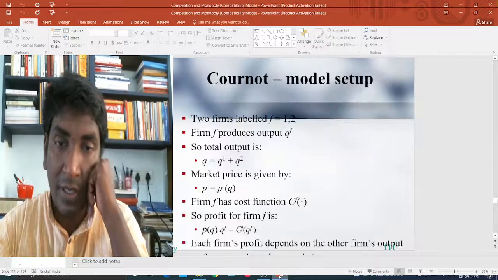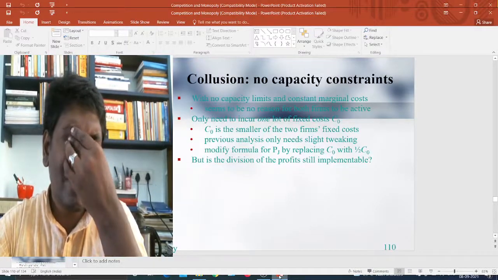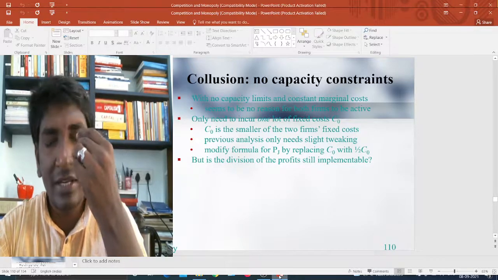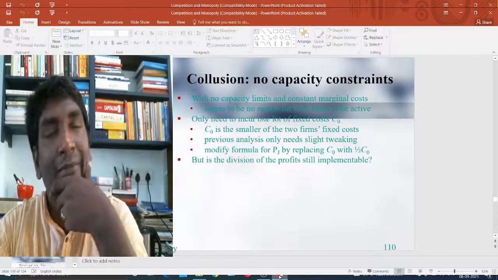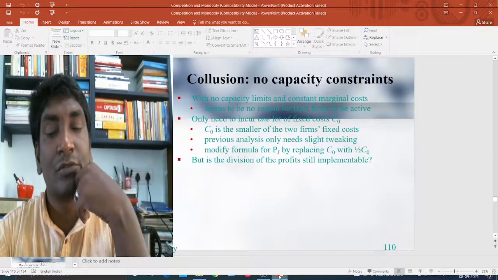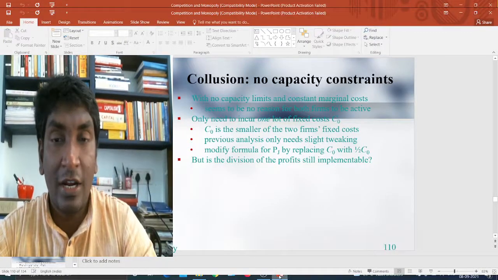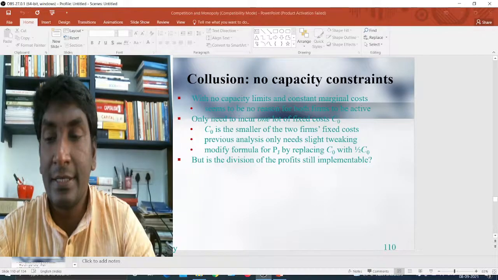implementable in that context? So with this, let me stop the Bertrand model, which is a very simple model, a price reaction as well as a quantity reaction model. Both models exist, and there are many discussions regarding that. So let me conclude this short lecture. Thank you for watching and listening to my video.